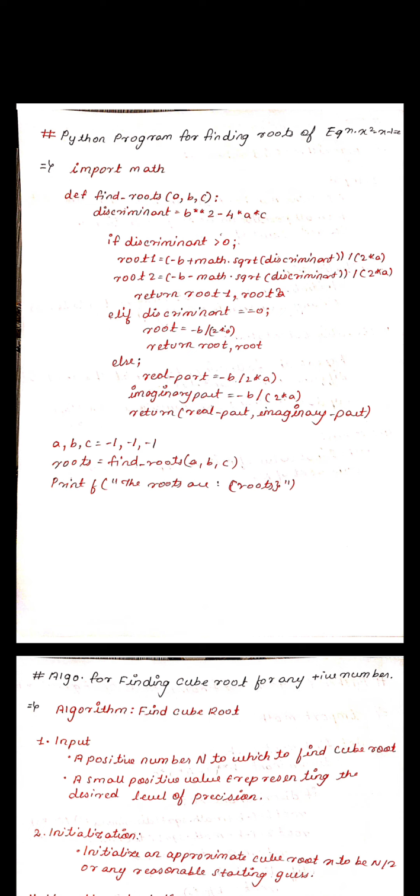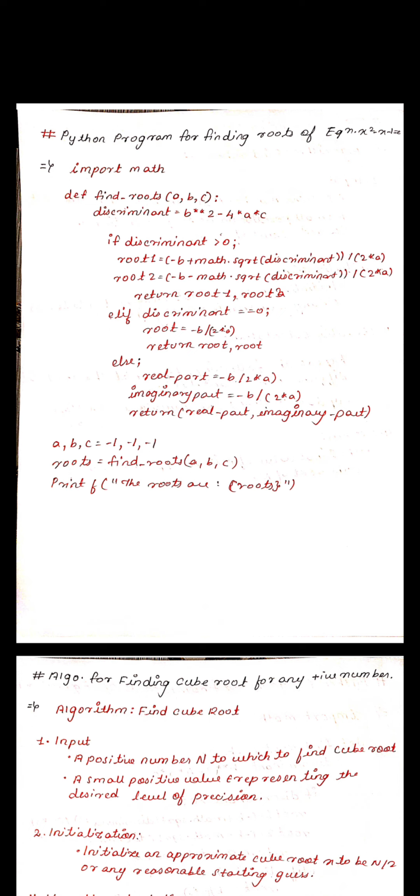If discriminant is greater than 0, then root 1 equals minus b plus math.sqrt of discriminant, divided by 2 multiplied by a. Another root, root 2, equals minus b minus math.sqrt of discriminant, divided by 2 multiplied by a. Then return root 1, root 2. Elif discriminant equals 0, root equals minus b divided by